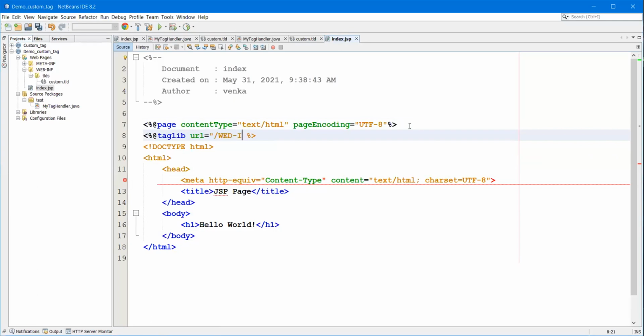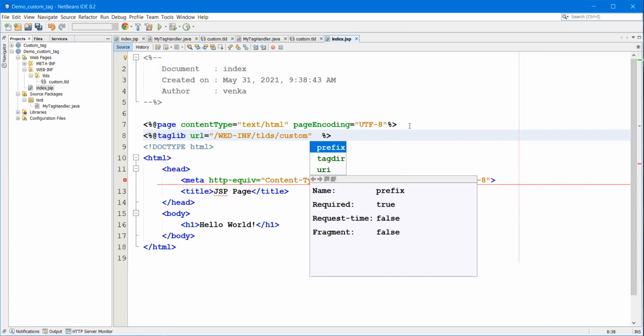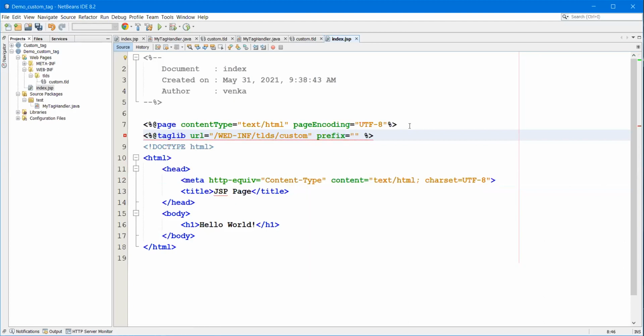WEB-INF slash tlds folder slash, what is the name of that one? custom. Then the prefix name we are going to use is custom.